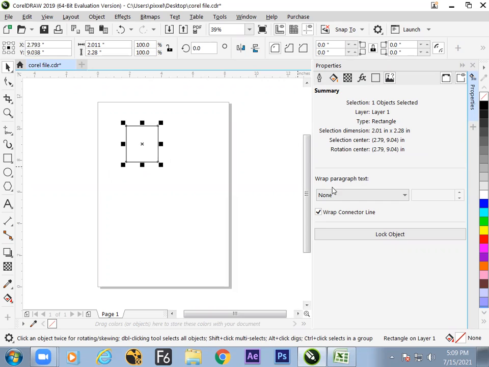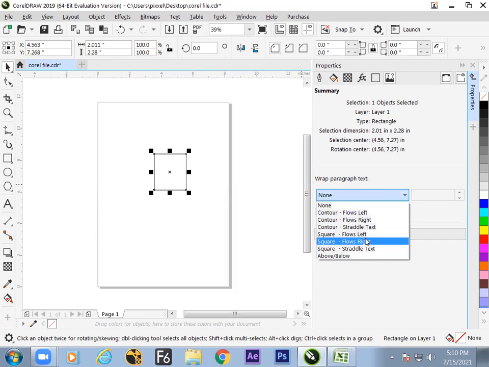And another extra option is there that is called text warping. Often you find inside a magazine, the text goes around the design. And that is done by this option that is called warp to the paragraph text. We'll be learning about the text in a very detailed manner, but for the time being, I'm just showing you how this reacts to the text. So what we are learning now is the warp property of the rectangle. Which property? Warp property. A lot of warp properties are there.